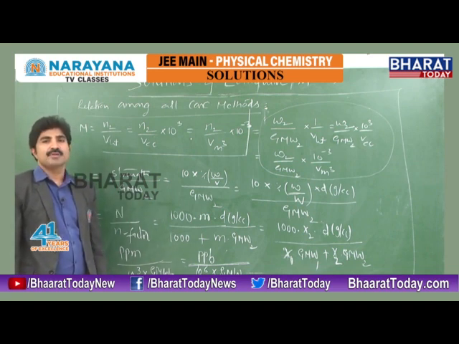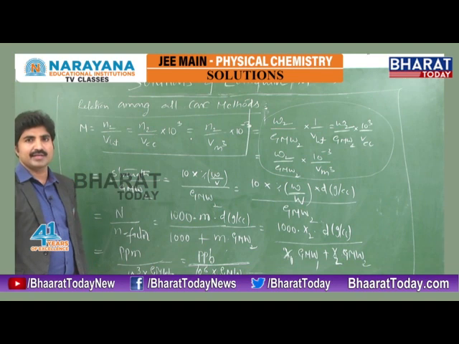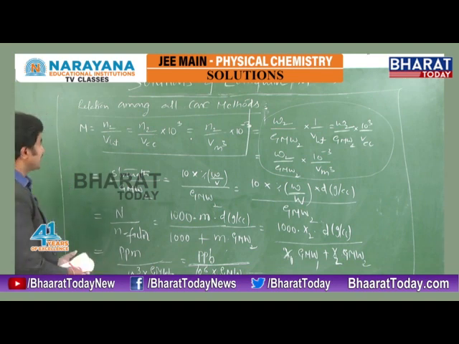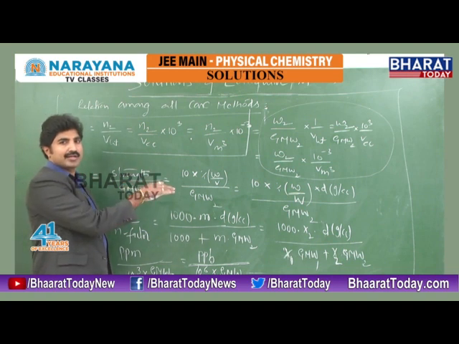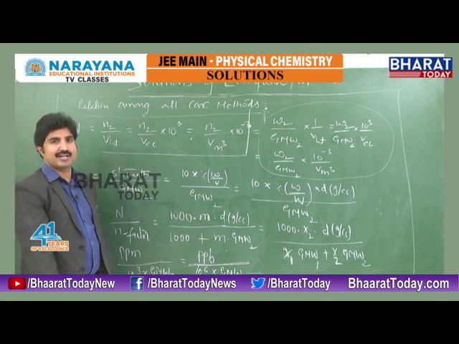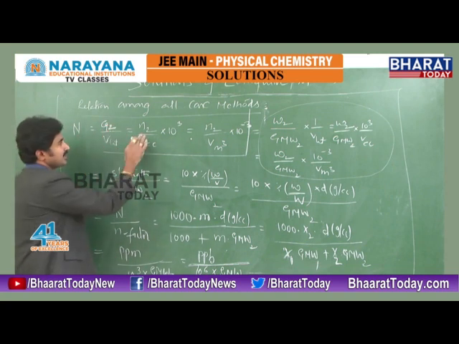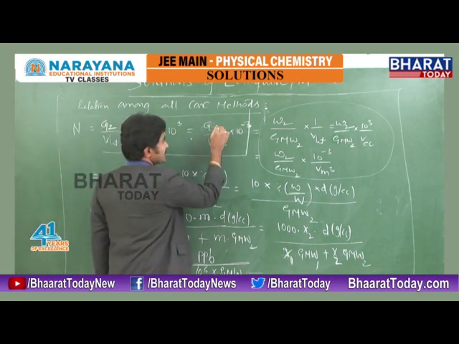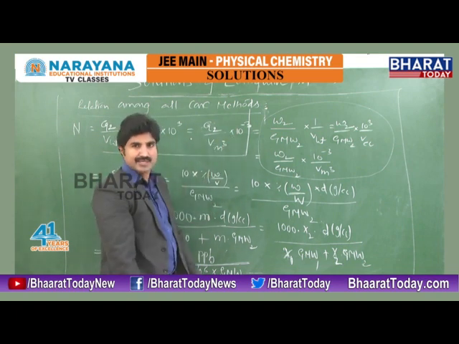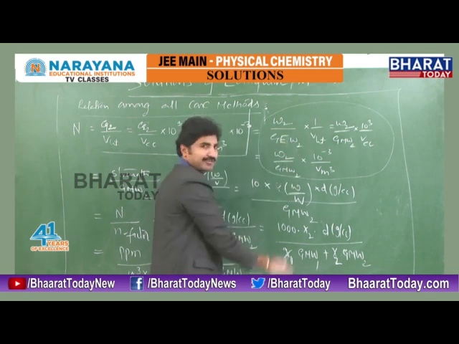But anyway, we have to become familiar with writing the expression in terms of molarity, similarly in terms of normality and also molality. If you look at normality, the expressions are the same, but instead of moles we use equivalents, and instead of gram molecular weight we use gram equivalent weight. What is normality? Number of equivalents of solute by volume in liter, or number of equivalents of solute by volume in cc into 10 cube, or number of equivalents of solute by volume in cubic meter into 10 power minus 3, or weight of the solute by gram equivalent weight of the solute into 1 by V in liter.